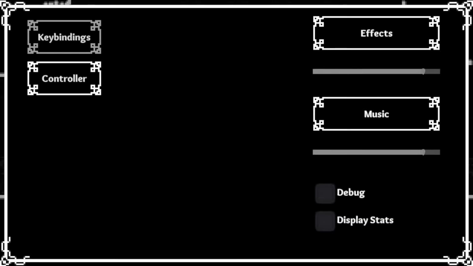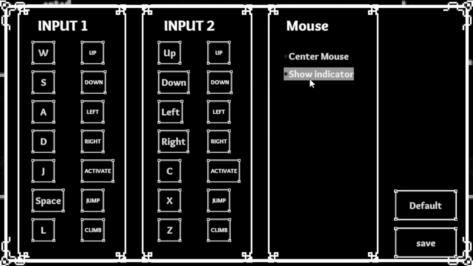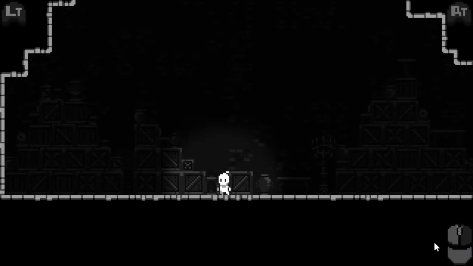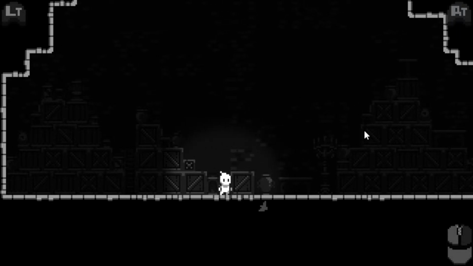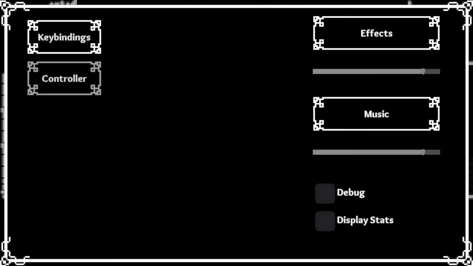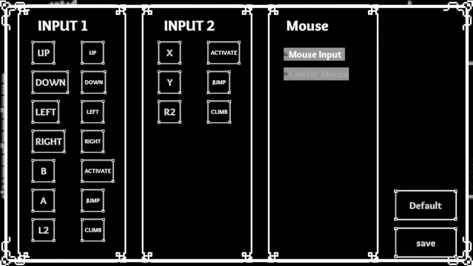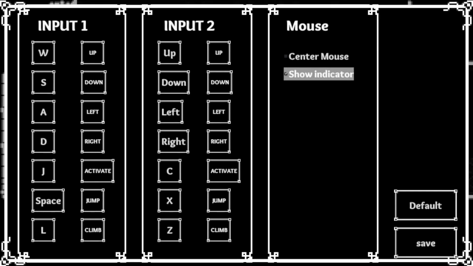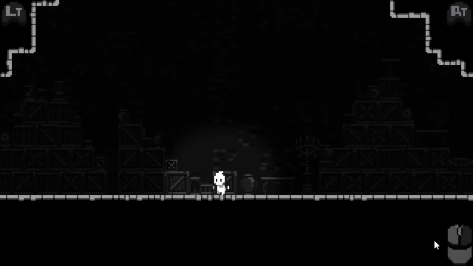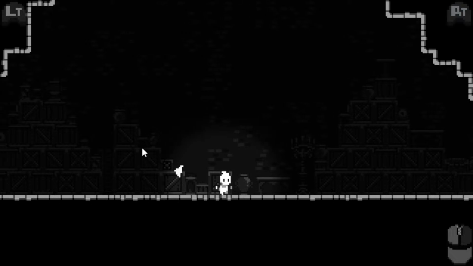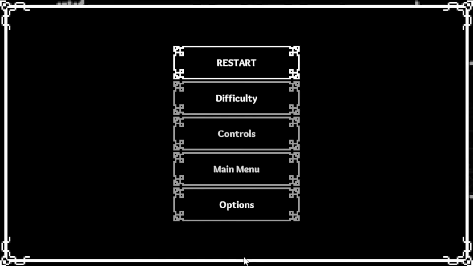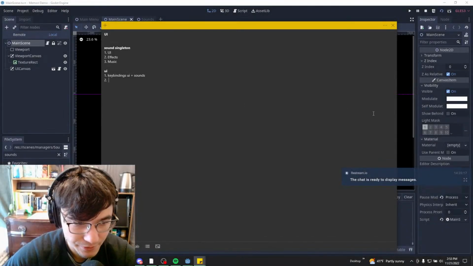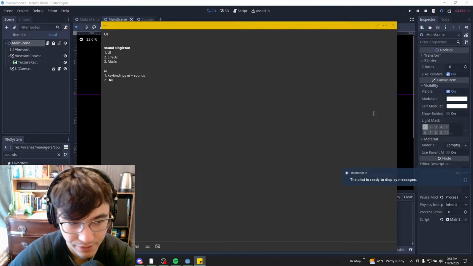Let me see something. So, if we do show indicator, save it, and then close it. Yeah. Now it's invisible, and then if I were to show my mouse again, it's invisible. And then if I were to, that's weird. If I were to go back and uncheck this, close, we don't see anything. But then if I show my mouse again, it shows. And then if I move, it doesn't disappear. So yeah, we'll have to fix that a bit. So in our UI, we'll do fix